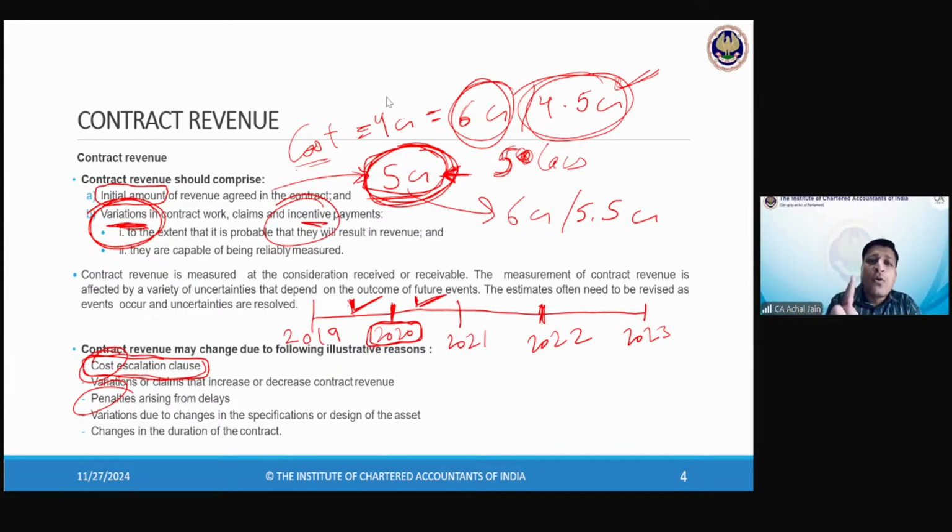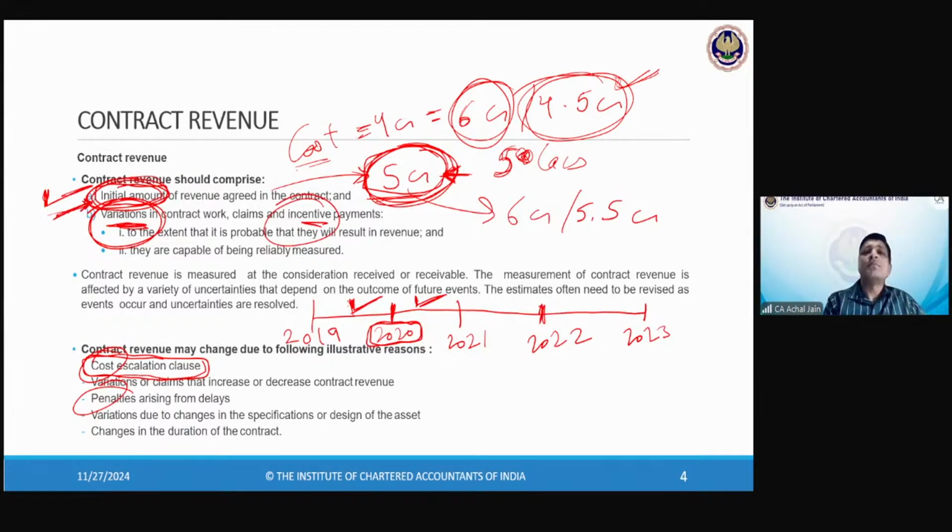Correct? So therefore, whenever it comes to the revenue, this initial amount which is fixed, for which there's no dispute, you can just go ahead and recognize revenue, whether you follow completed contract or percentage completion. That's a separate aspect that we'll cover later. Whether you recognize that fully or on a proportionate basis,